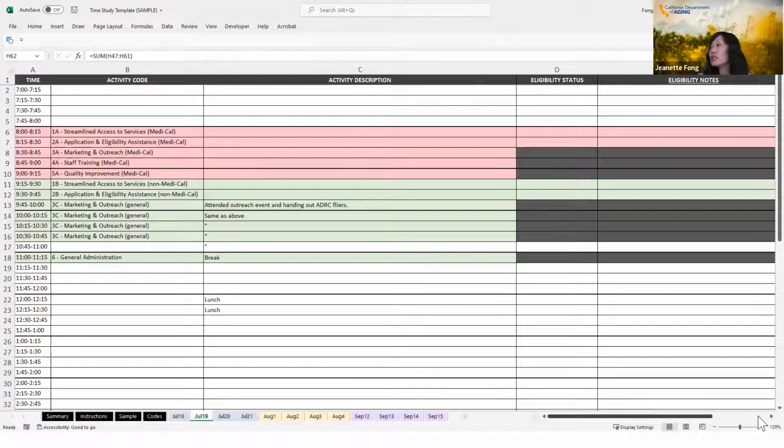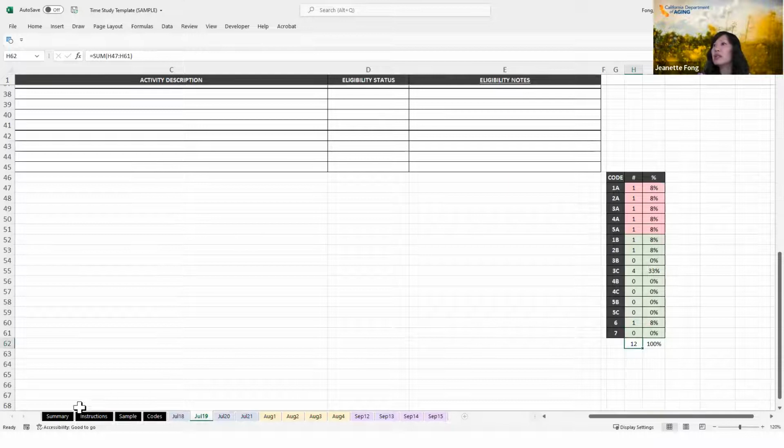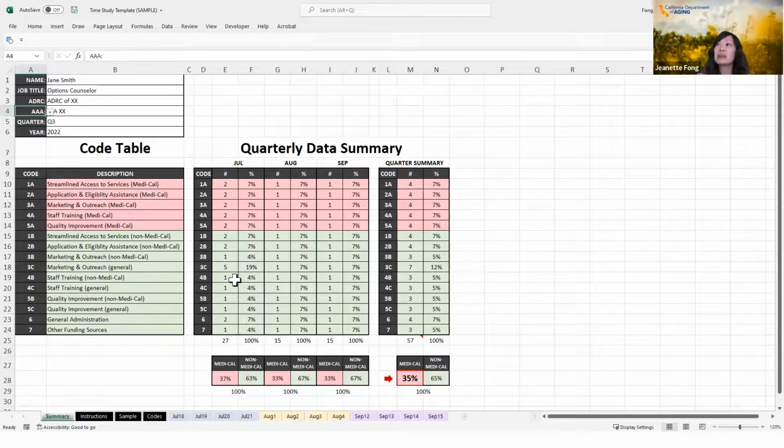So again, for each of those days, you can do a little review of the summary. And then also on the summary tab, same thing, just looking for the prevalence of certain codes, looking for patterns where you think there may be errors, maybe not. And then based on that, assess if there are technical assistance needs, further training needs, things like that.